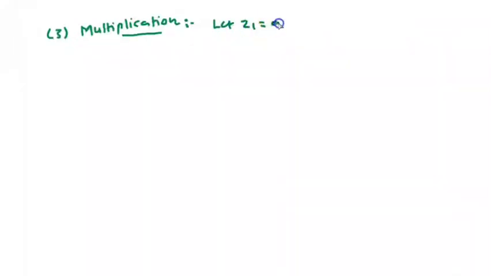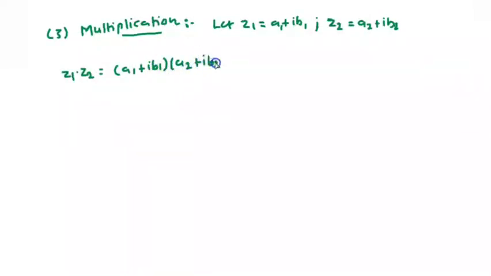Let Z1 be equal to A1 plus iB1 and Z2 equal to A2 plus iB2. Then we can multiply Z1 into Z2, which is A1 plus iB1 into A2 plus iB2. Just multiply as you are multiplying binomials to get the simplified terms A1 A2 plus